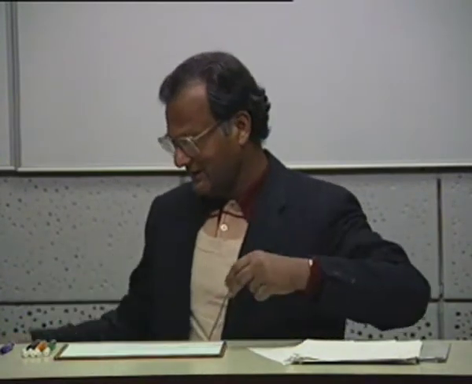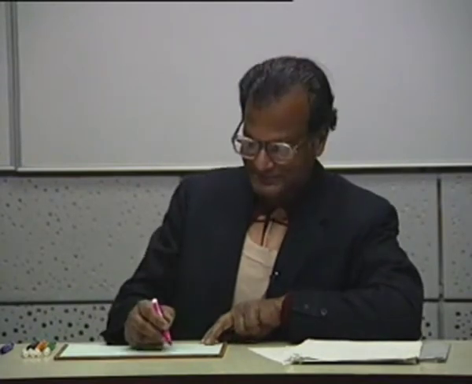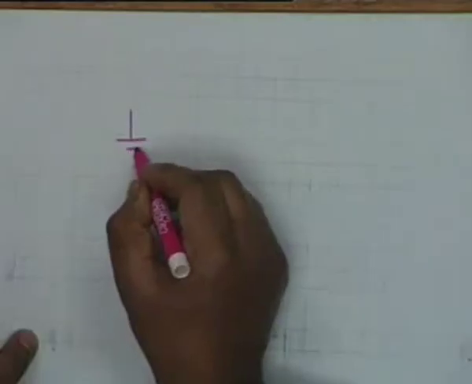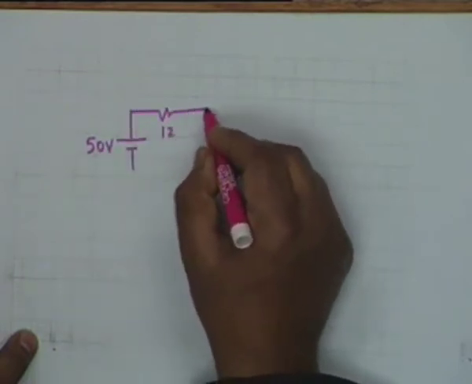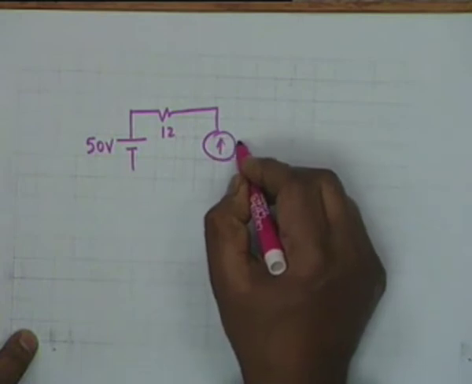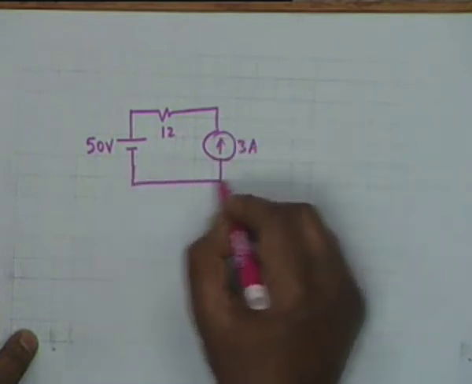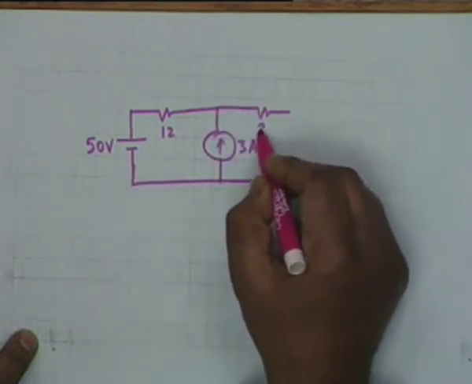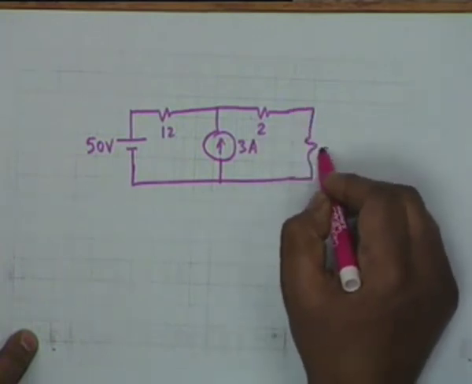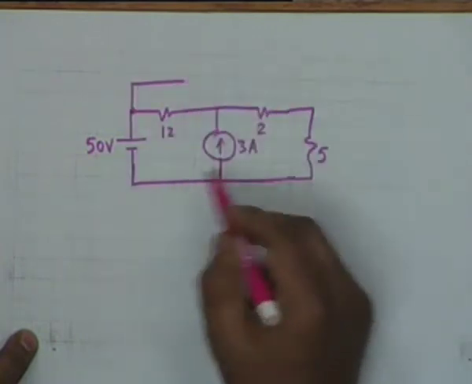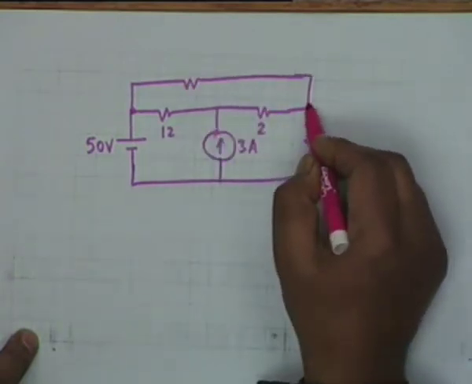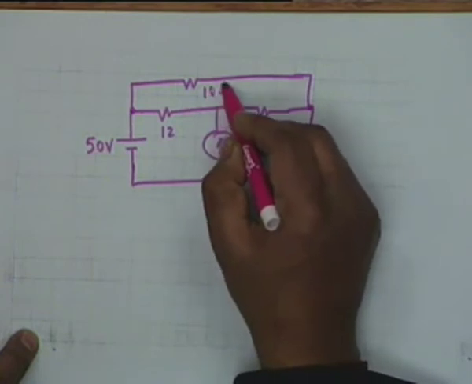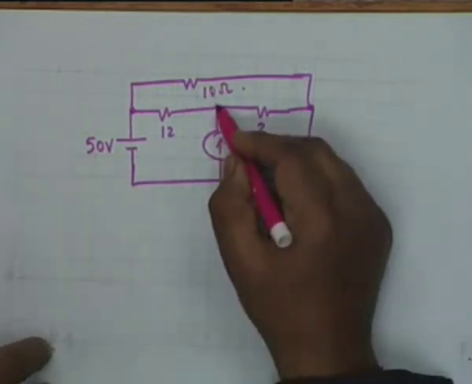The figure has become a bit complicated, so let us draw a fresh figure and look at this circuit again. What I have is 50 volt, then 12 ohms, 3 amperes, 2 ohms, 5 ohms. I am not writing ohms, it being understood that the values are in ohms, and 10 ohms. Okay. Now,